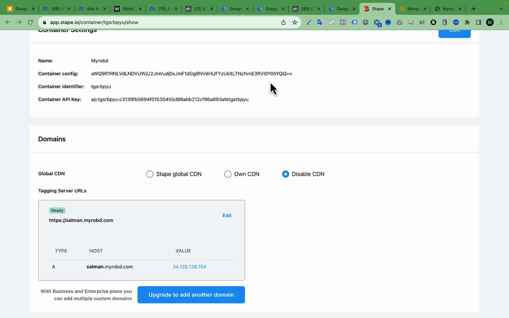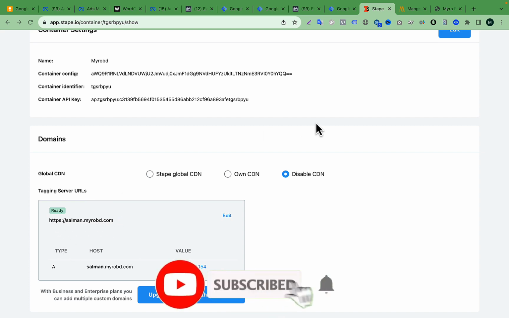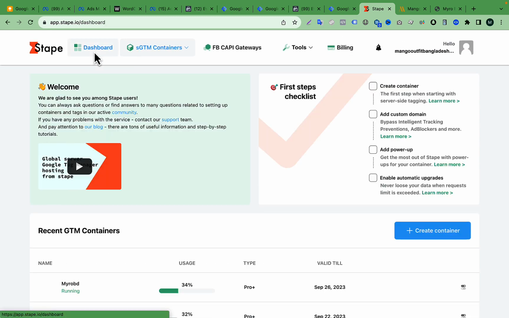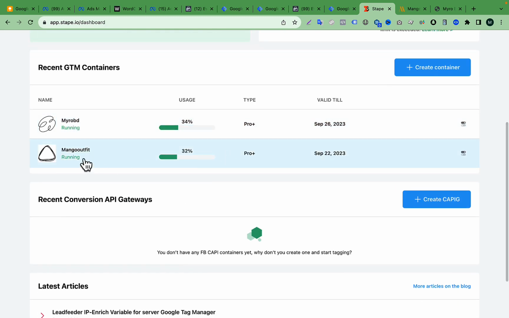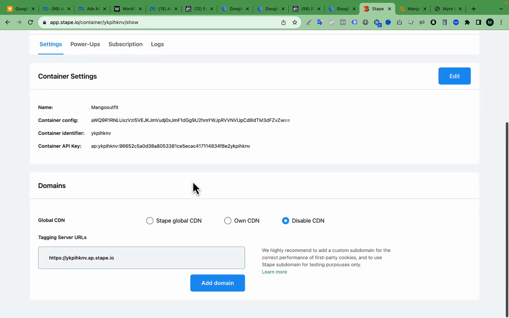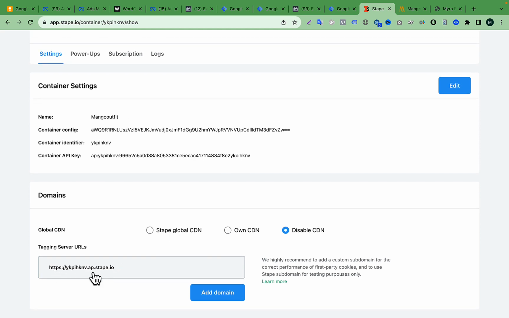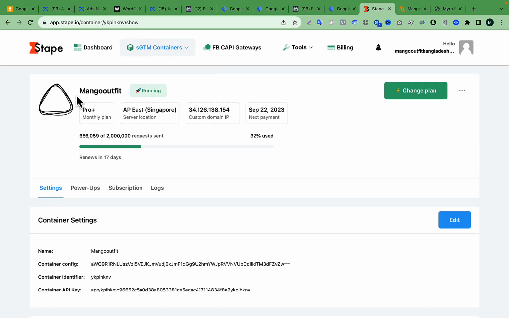Hello viewers, in this video we will learn how to set up a new custom subdomain under our stape.io account. Here you can see as a tagging server URL I am using a custom subdomain, not the stape subdomain. If we go to another stape account, here you can see I'm using this subdomain for this mango outfit